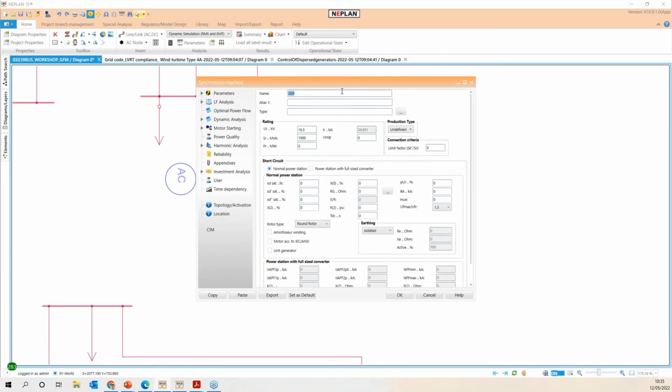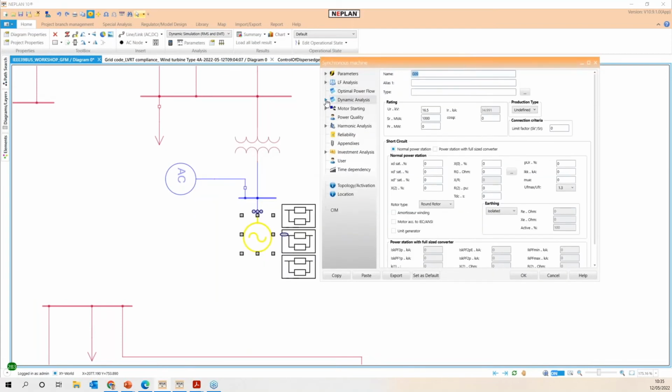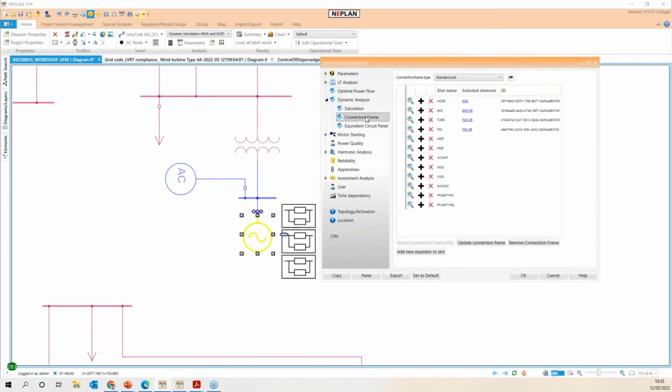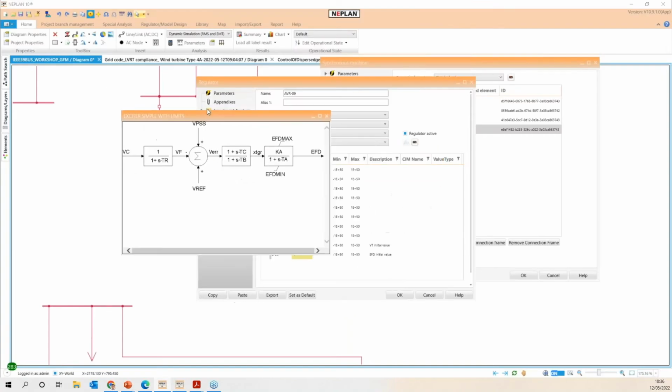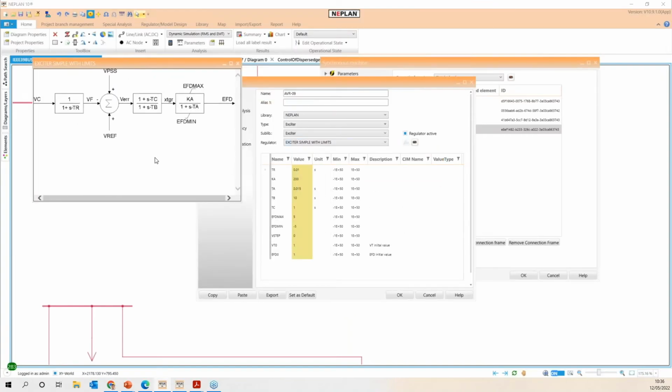Let's open here the way to define dynamic controls in the context of synchronous machines: we have the way to define the voltage regulator, the governor, or the power system stabilizer. And we can see how the framework is able to provide typical functions according to the standards, in this case, to support the control system.